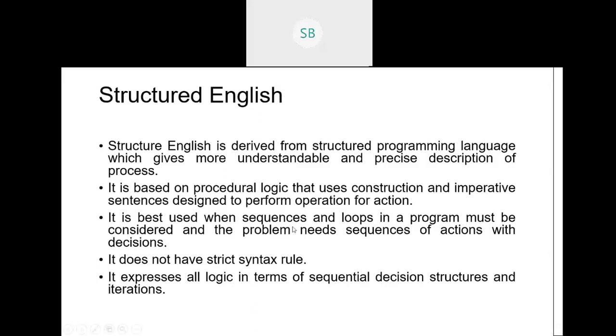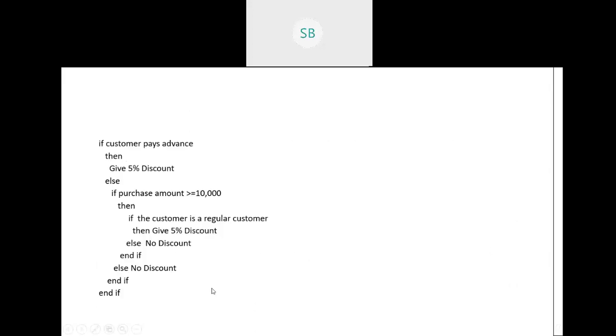It's best used when sequence and loops in a program must be considered and the problems need sequence or action. So let us have a look at the structured English part. This is the decision tree we have just seen, and this is how the structured English looks. If customer pays advance, then give 5% discount, else it enters into the next condition. Else if purchase amount is greater than or equal to 10,000,